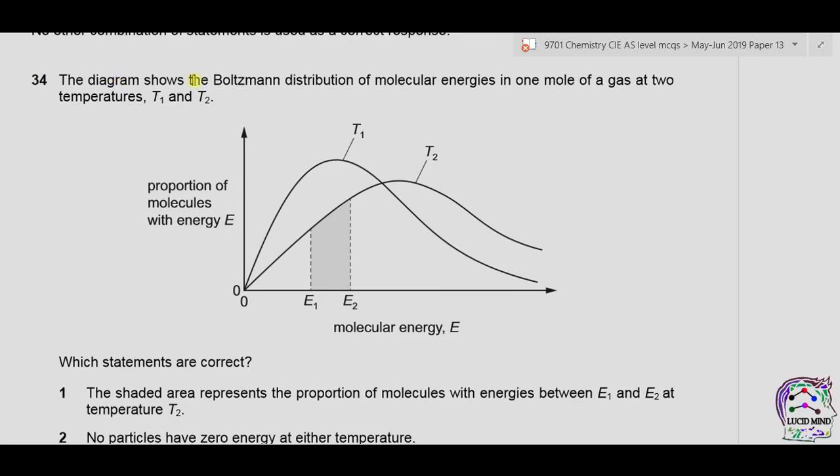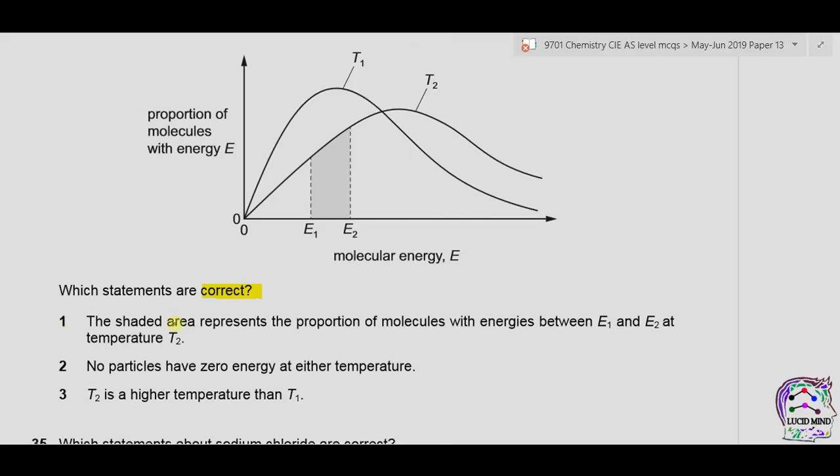Question 34. The diagram shows the Boltzmann distribution of molecular energies in 1 mole of a gas at two temperatures, T1 and T2. One curve is for T1, the second curve is for T2. Which statements are correct? Number 1, the shaded area represents the proportion of molecules with energies between E1 and E2